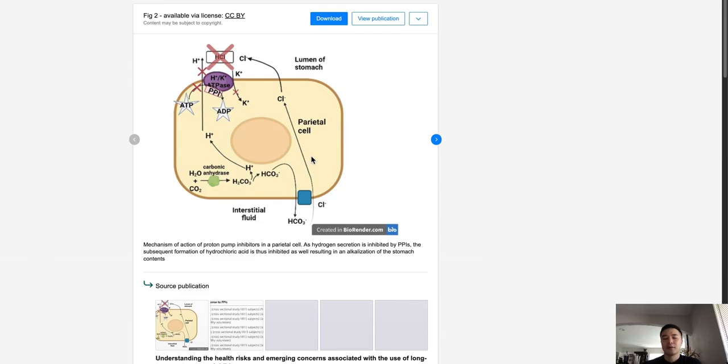We're going to talk about the effects of PPI on the stomach and the esophagus. So we take omeprazole, we take Nexium because we have issues with GERD. And PPIs are very important in managing the symptoms of GERD. And if GERD is left unchecked, the acid that refluxes from the stomach to the esophagus causes changes in